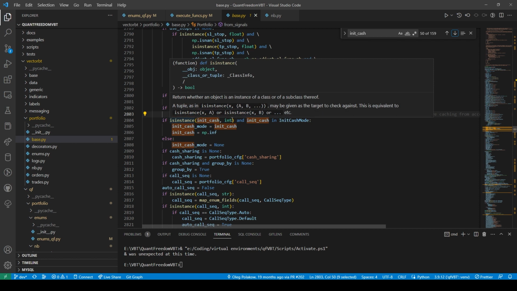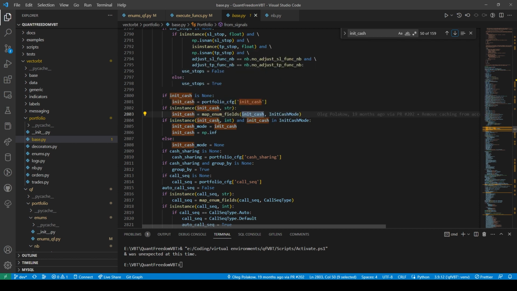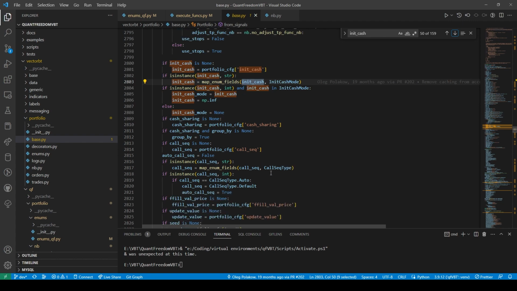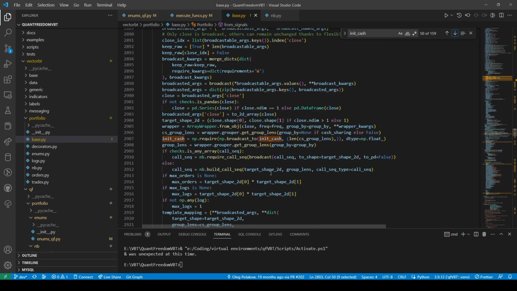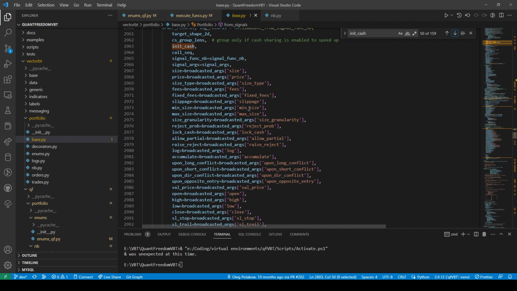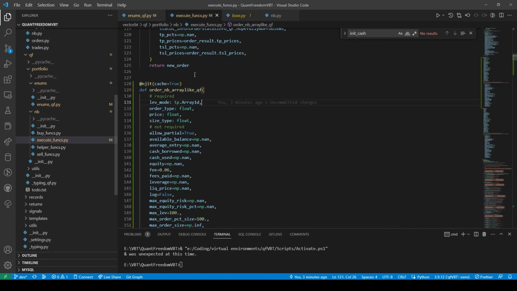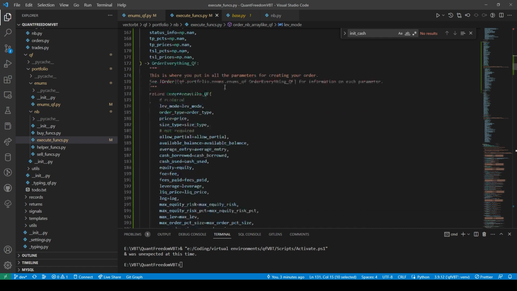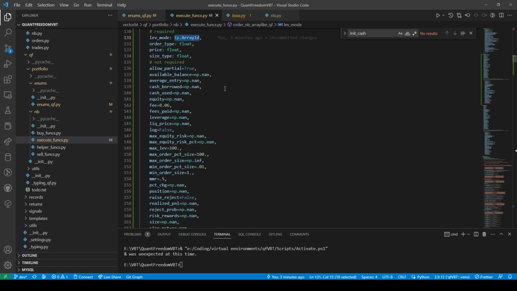So if instance init cash is an int and init cash mode, init cash string. I don't know. Anyways, I'm not sure if I need to change any of this, but for now, I guess we will. I guess it doesn't even matter.